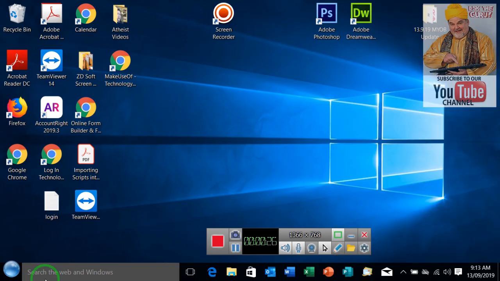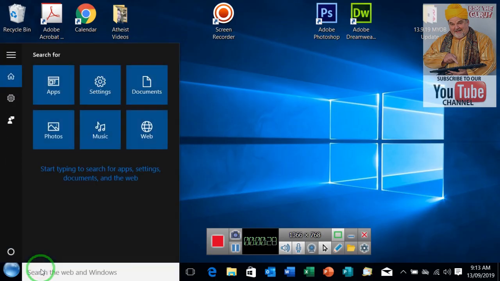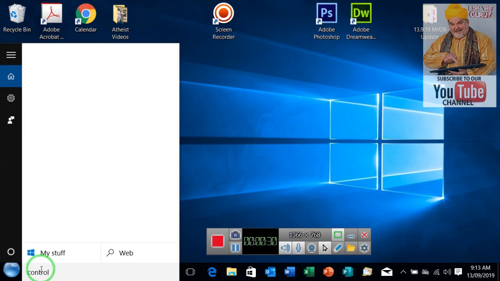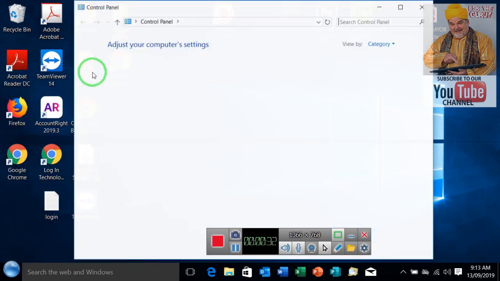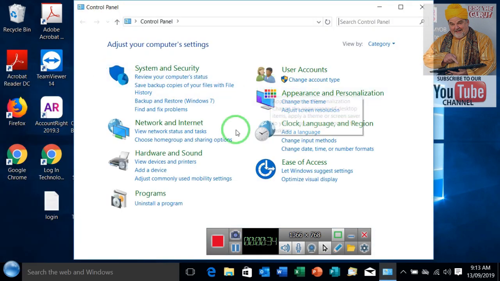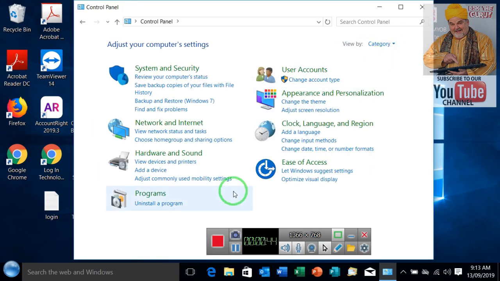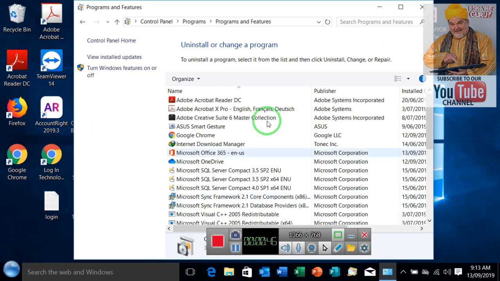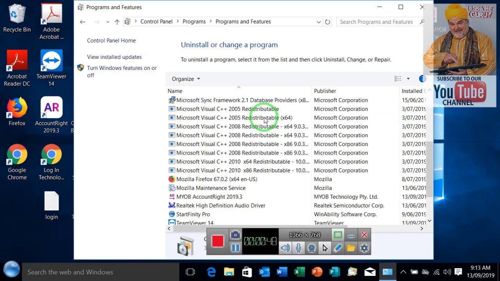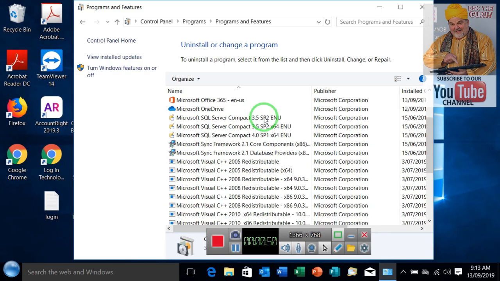So what you can do in the search bar here, if you just type in control panel, go to control panel and then go to uninstall a program. If this page looks different, you might have to change the category view. Sometimes it comes like that. You click to category view, go down to uninstall a program, and then go down to Microsoft OneDrive there, highlight that and then click on uninstall